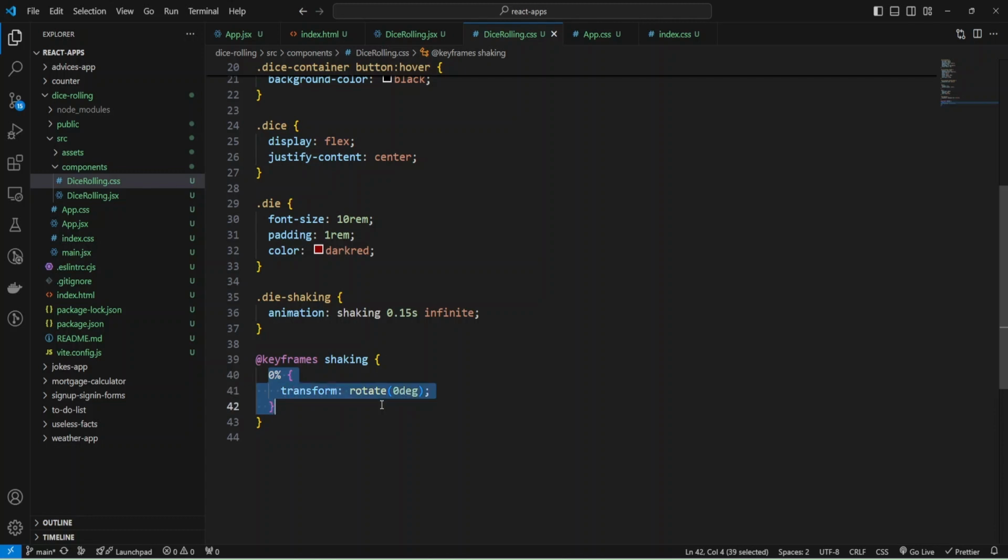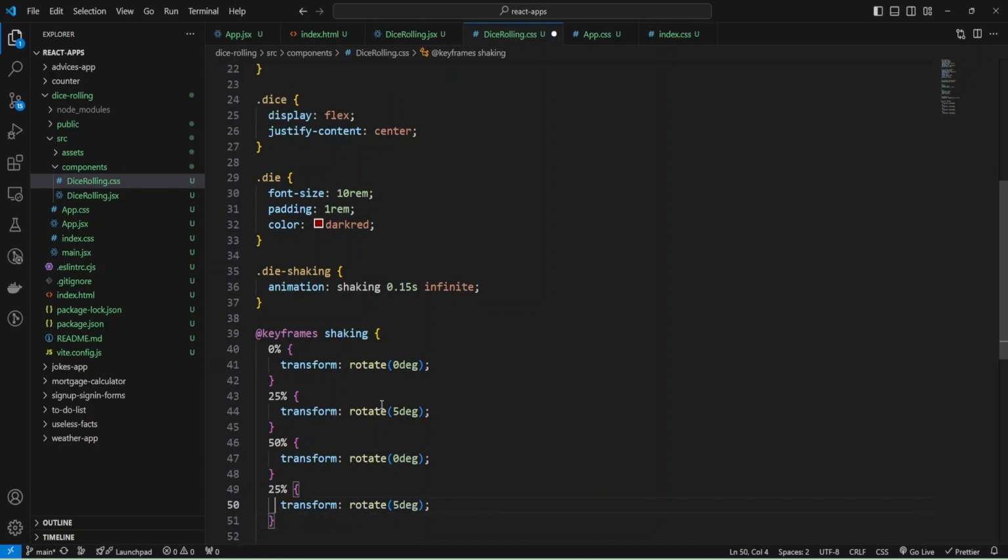And I'm going to provide such a keyframe 25%, but now I'm going to rotate it to 5 degrees clockwise, and the next will be 50%, and I'm going to rotate it back to the initial state.